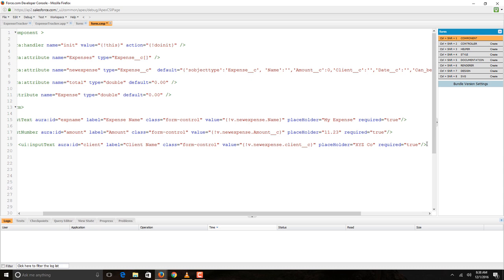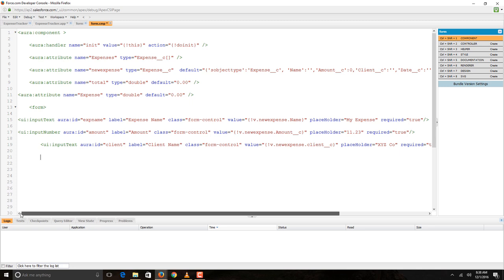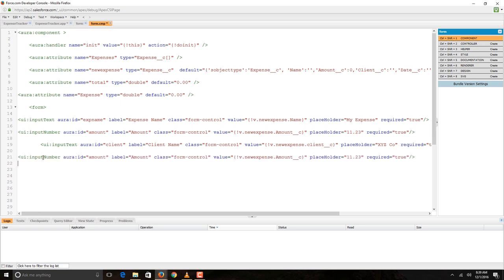If you don't want the user to be forced to fill it, you can leave it and make the required equals to false. Then we need to specify date. For date time, we have a UI component already, standard input date time. So what we can do, we can simply copy this. We have to change a couple of fields. Control C, Control V, input